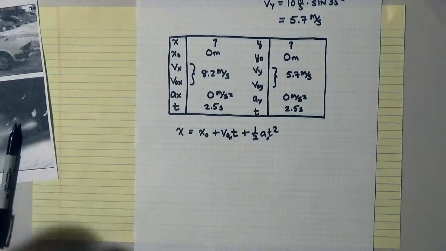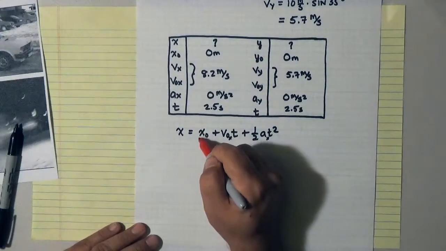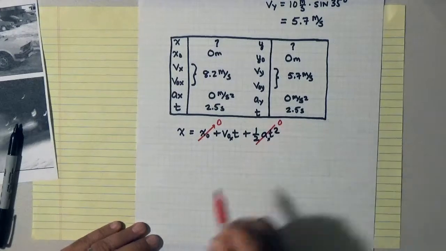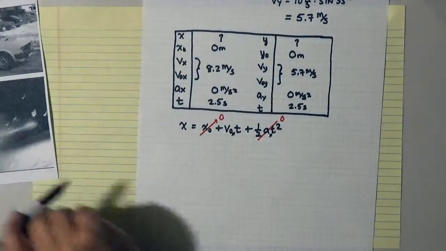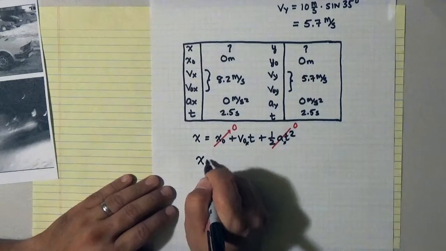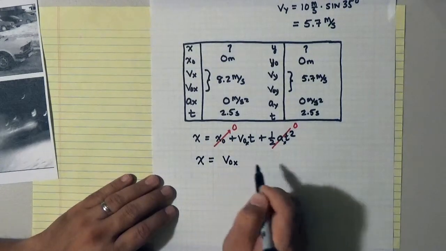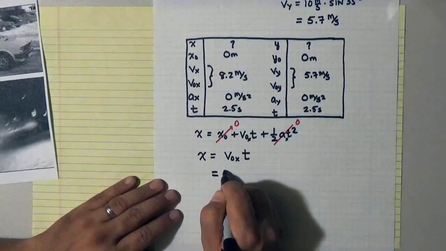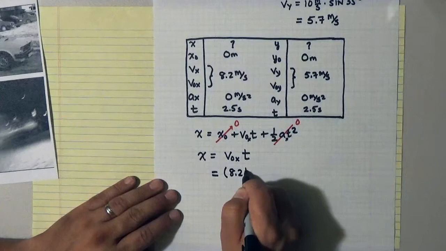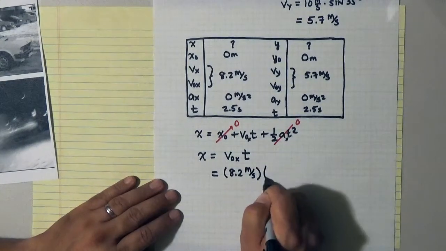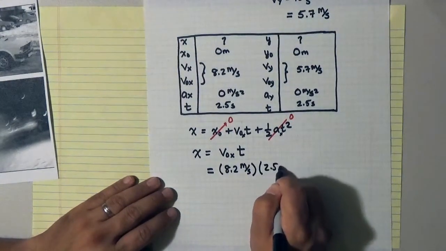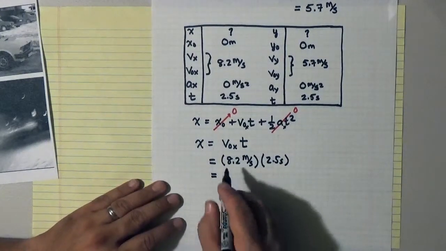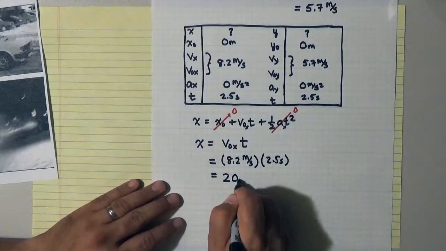In this case, I know that my initial position is 0 meters, and I know that my acceleration is 0. So this becomes a very straightforward equation that tells me that the final position x is simply equal to my initial speed, v naught x, times the time in the problem. So this is 8.2 meters per second times the time, which is 2.5 seconds. If I multiply that all out, I find that the distance I have traveled in the x direction is 20.5